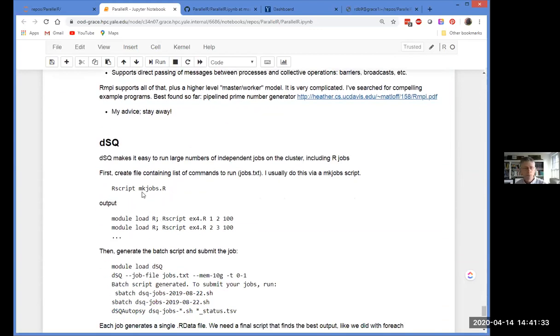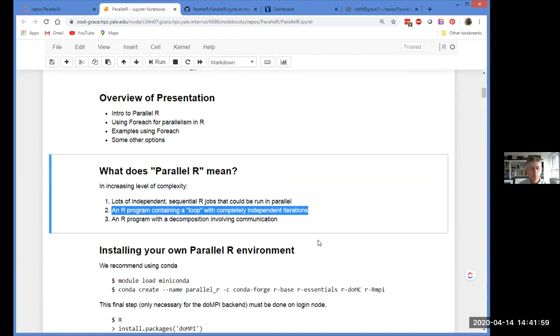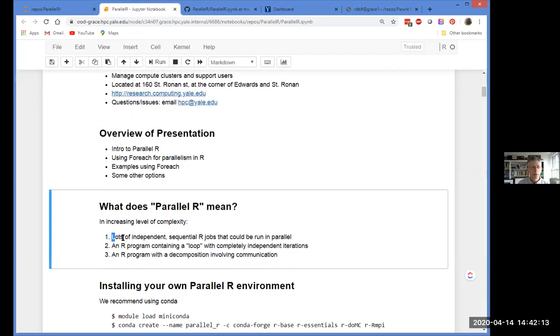So in the last few minutes, the final thing I want to show you is a complete left turn from everything I've shown you so far, but it's useful enough and important enough that I want to make sure that you see it. If you recall, let me go back up to the top of my presentation here. I said, well, what does parallel R mean? Well, we spent all of our time today on this, essentially: an easily decomposable loop because the iterations are independent of one another. And then I just spent a minute talking to you about this. But what I'm going to talk to you about now is this one here.